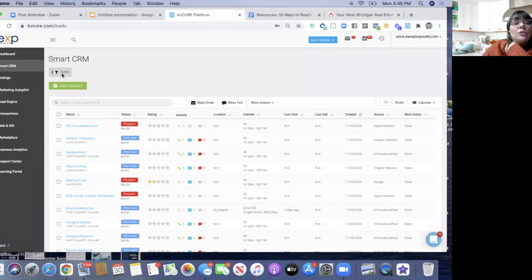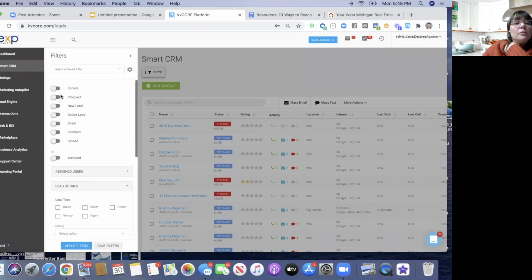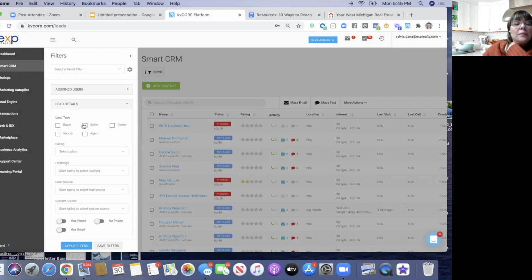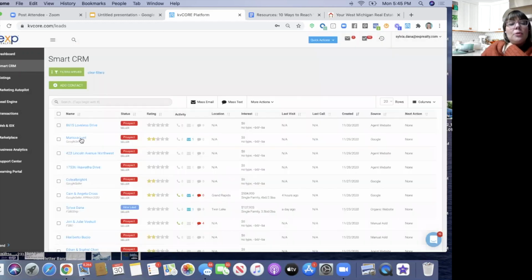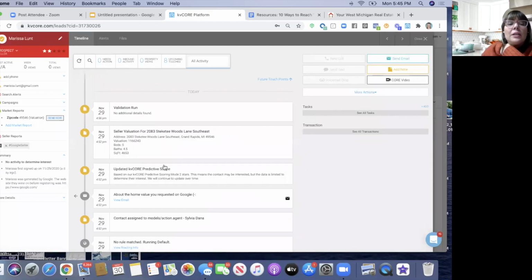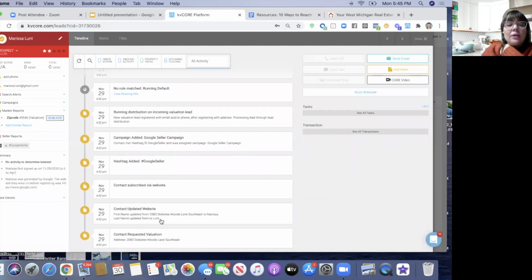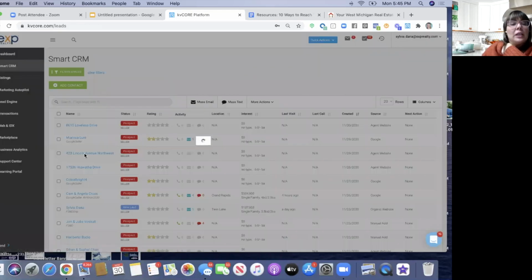So let's see if I go filter here, and I go new lead, I go prospect and seller and apply filter. Is Marissa Lunt and this Loveless Drive, are they the same people? Sometimes it could be, or this Lincoln. Okay, no, that's totally different. Okay, so different address. I was just checking to see, is it a duplicate lead from one of these, but